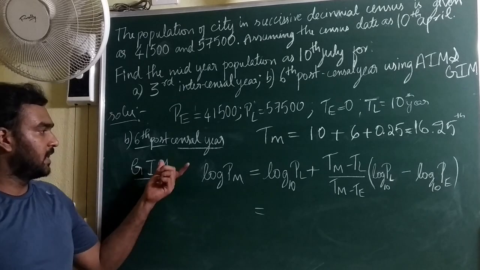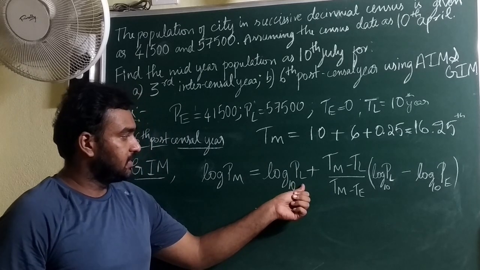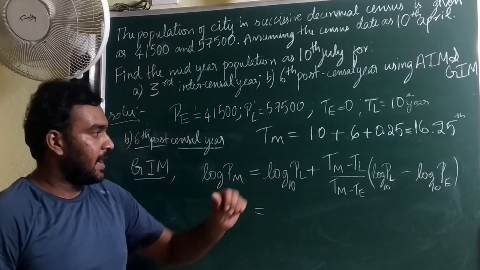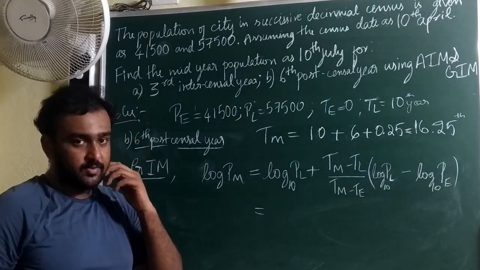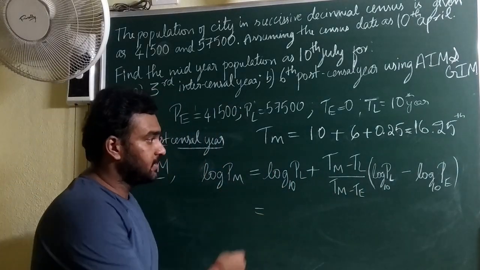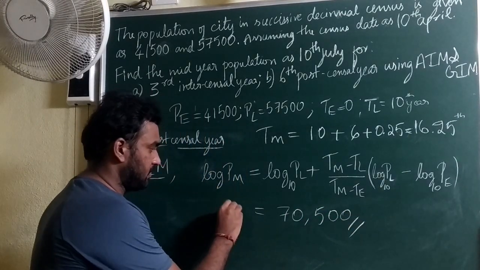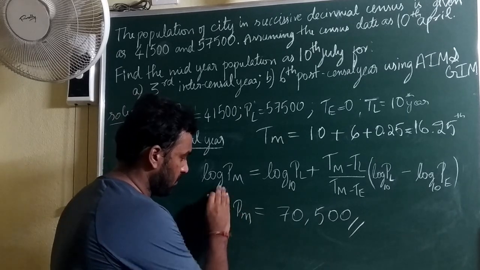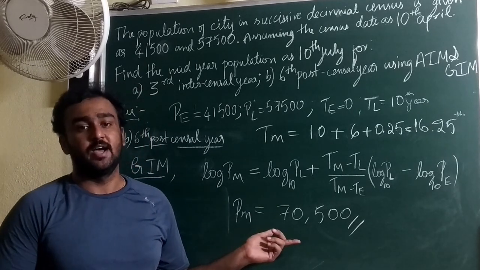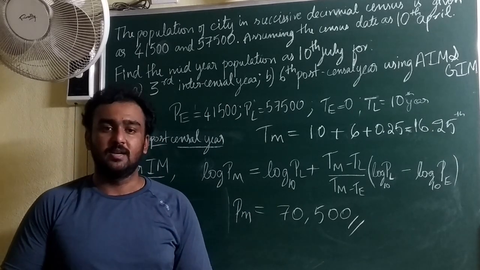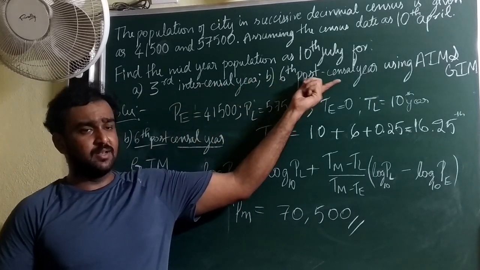If I consider the geometrical increase method, this is the formula which we have, and everything remains the same. The only thing is PL will be in the first term, and here TM will be 16.25, the same as in the arithmetical increase method which we did earlier. After substituting the things, we get 78,500. Here we can observe that geometric estimates for the post-censal years are higher than those of the intercensal years. So this is how we will calculate the intercensal and post-censal population considering arithmetical